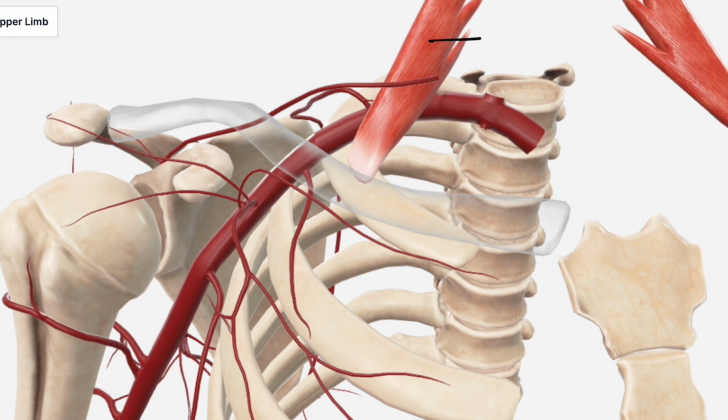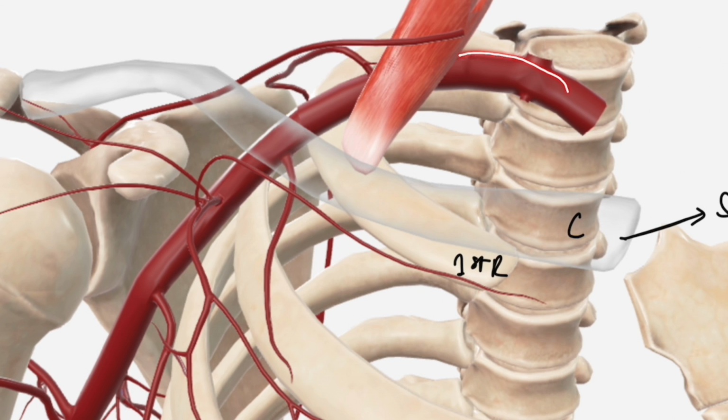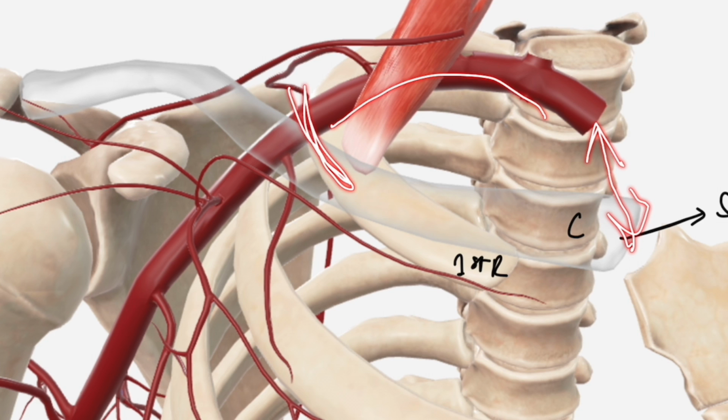Let us talk about some anatomy first. This is your scalenus anterior, this is your clavicle, this is your sternum, and this is your first rib. Now the clavicle and the sternum form a sternoclavicular joint. Now, talking about the course of the subclavian artery, the artery arches superolaterally, passing behind the scalenus anterior muscle over the first rib and then continues into the axilla as the axillary artery. It extends from behind the sternoclavicular joint to the outer border of the first rib, where it becomes the axillary